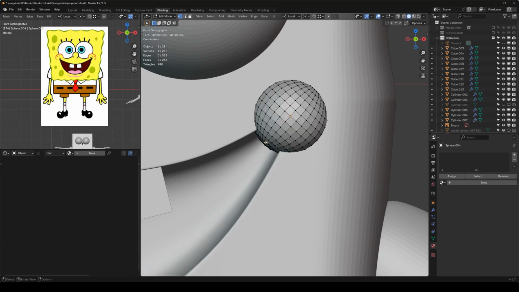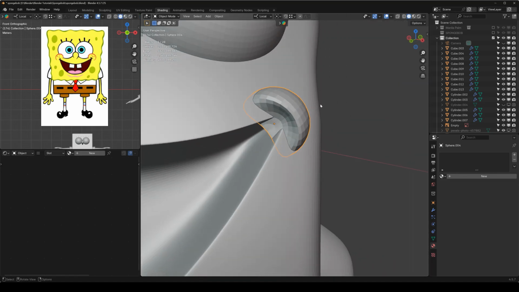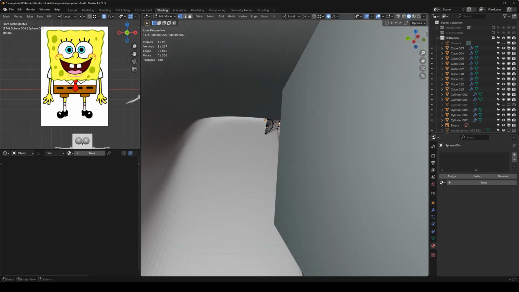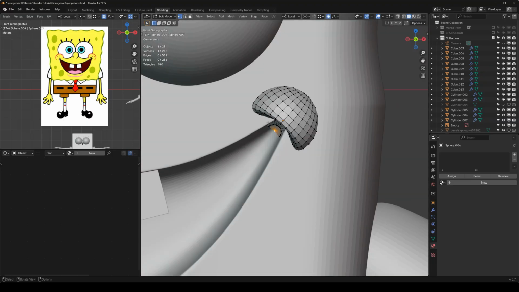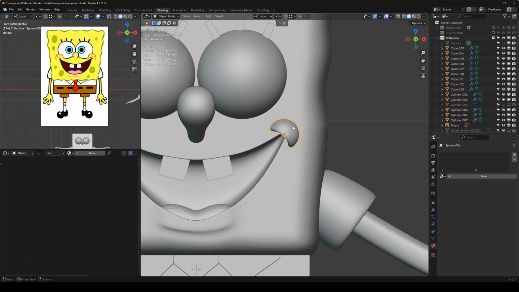So select probably this vertex in the middle. Put your proportional on, and we're going to drag that upwards and inwards like that. And then I'm just going to drag it further into the mouth. And I think I'm going to bring that up to hide it like this. All right. And then let's give that skin